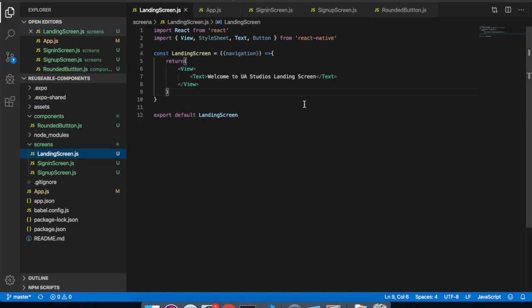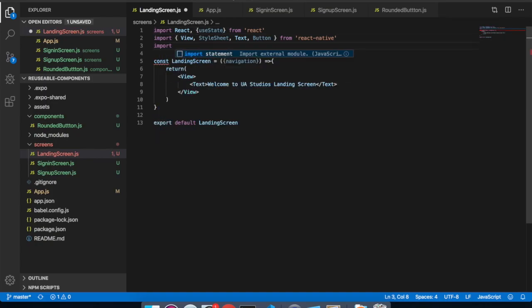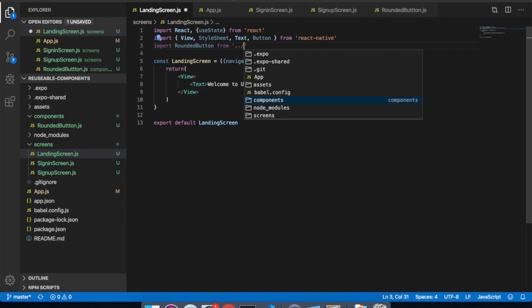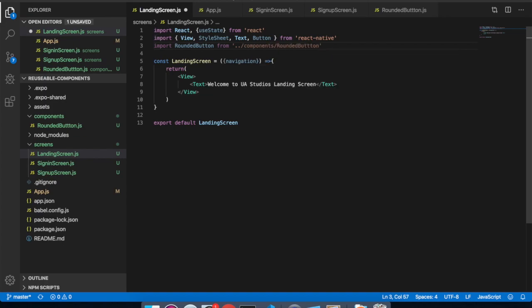So go to landing screen, then start typing. First we will import use state and use effect. We don't need use effect, we will use state. Then import this rounded button. Import rounded button from components, rounded button. Here in landing screen, we will start